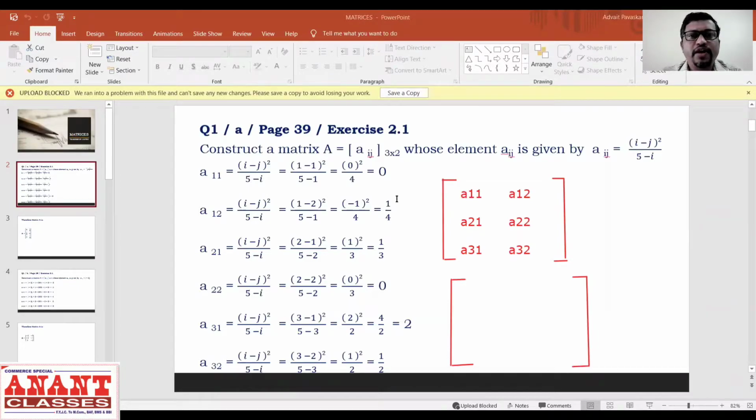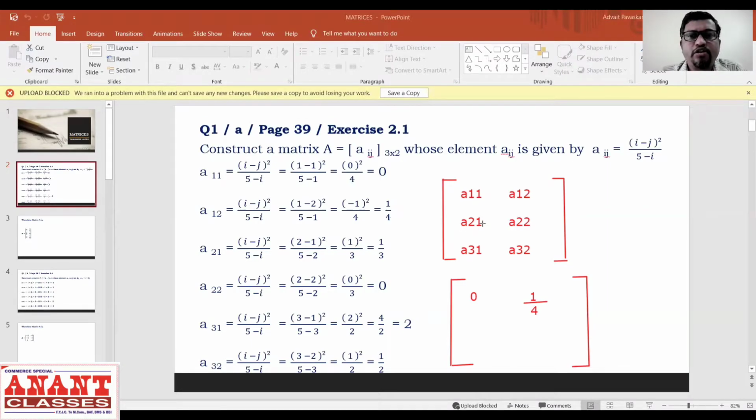देखो, आपका फर्स्ट वैल्यू आ गया। फर्स्ट रो फर्स्ट कॉलम का वैल्यू 0 आ गया। तो यहाँ पर आपका 0 आ गया, हियर इट इज 0। एंड फर्स्ट रो सेकंड कॉलम, ये आपका वैल्यू आ गया 1 डिवाइड बाय 4। सो 1 डिवाइड बाय 4, 1/4। ये आपका वैल्यू आ गया यहाँ पर।